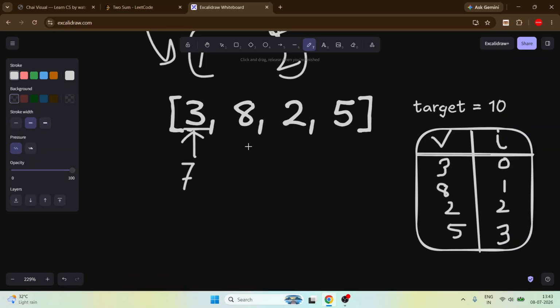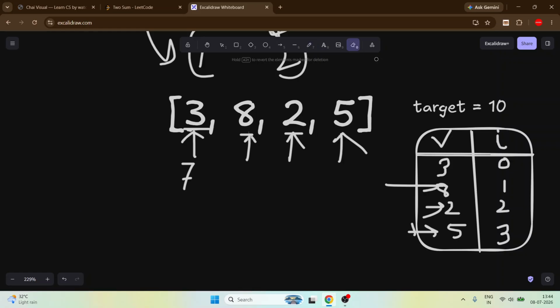Does 7 exist here? No. We got 8. Does 2 exist here? Yes. We got 2. Does 8 exist here? Yes. We got 5. Does 5 exist here? No. You can say yes, but we need 2 elements. So how can we do this?